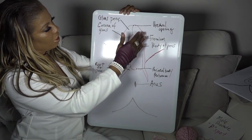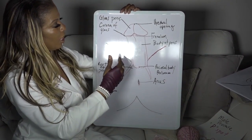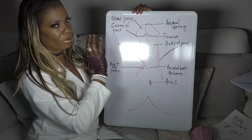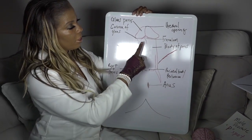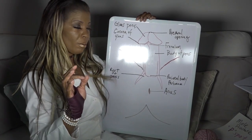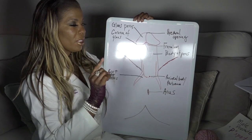and the penis and the glans up here, where you can see the urethral opening, which is where he's going to ejaculate from, and where he urinates from too. So he has the same glans, which is again full of nerves. The corona of the glans is the edge where they're very sensitive, and we all know that the frenulum, the area right here, is very sensitive on men. So you really want to make sure that you are very gentle there and persistent at the same time to